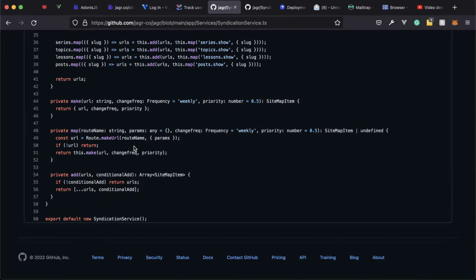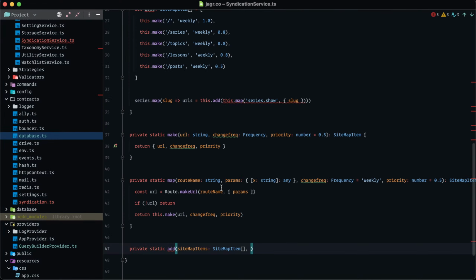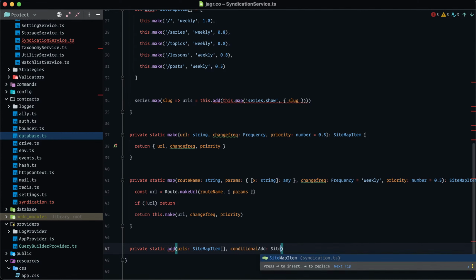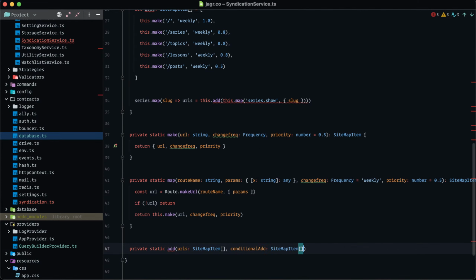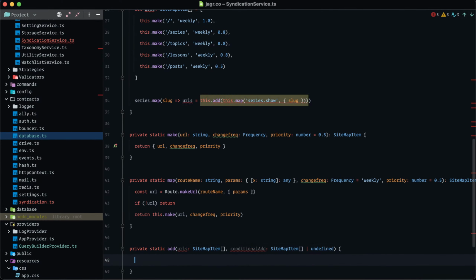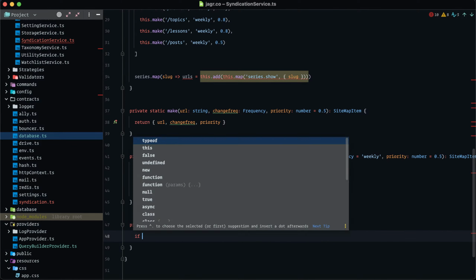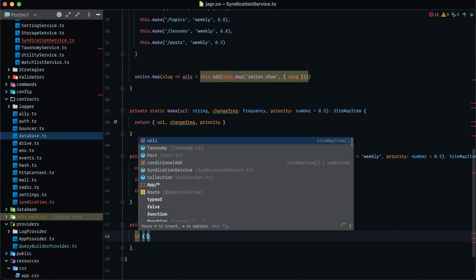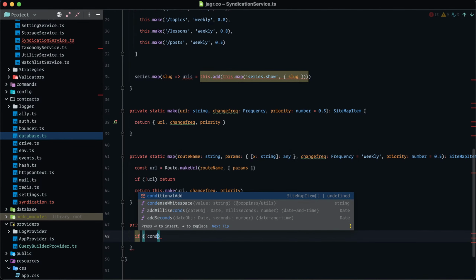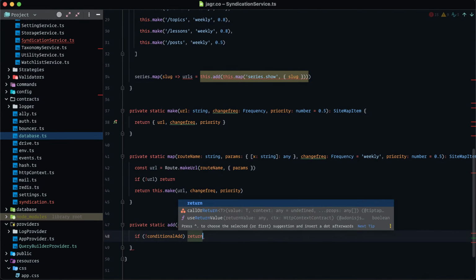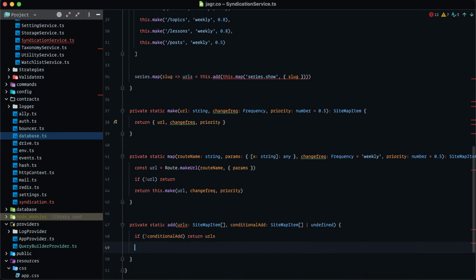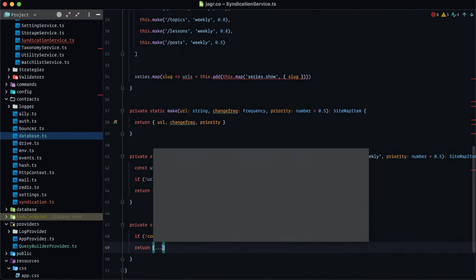So this is the actual array, and then this is gotcha. And then conditional add as a sitemap item array or undefined. There we go. So then we'll do if not conditional add, and just return URLs. Otherwise, return URLs